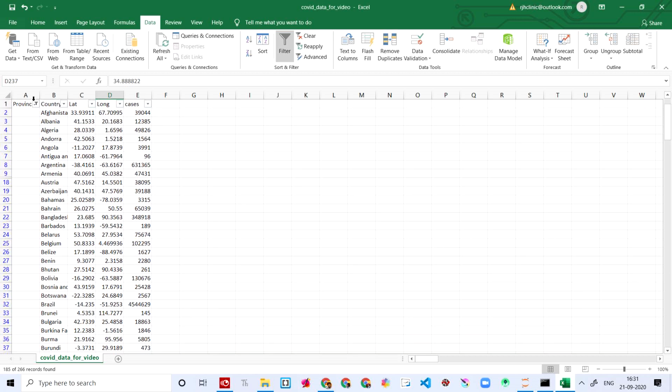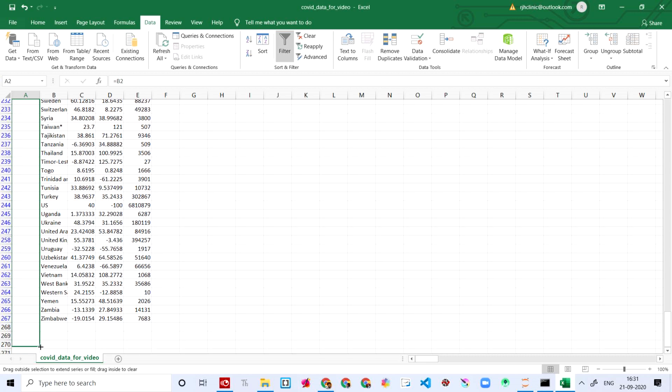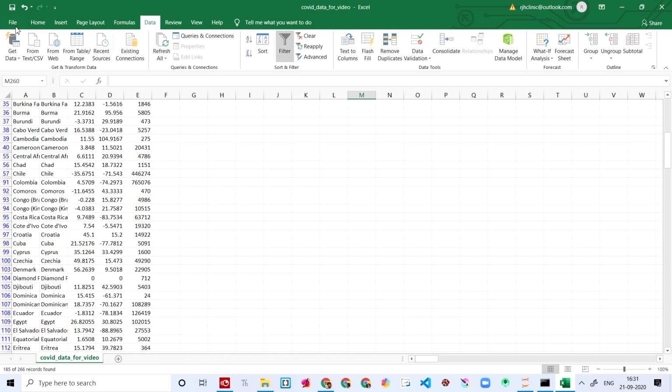Okay, I got it. You're gonna say is equal to B2, and enter. Now you come up here, select this so that the empty stuff gets filled up. Yes, like this.